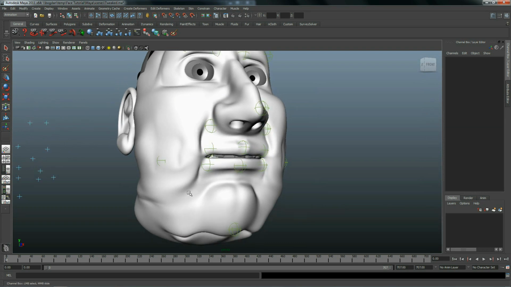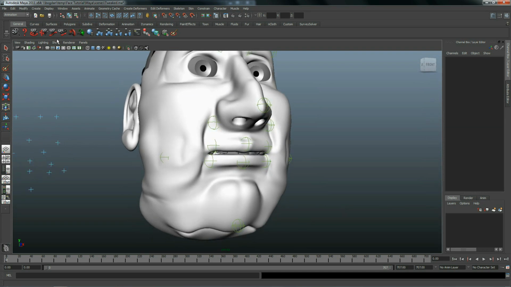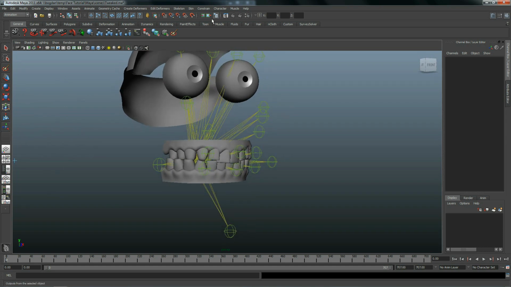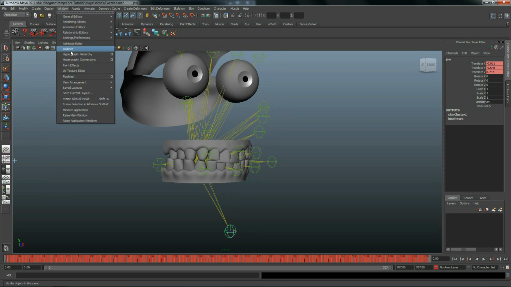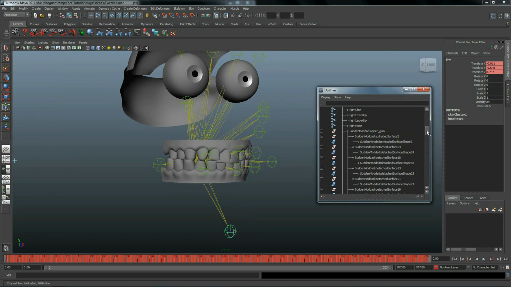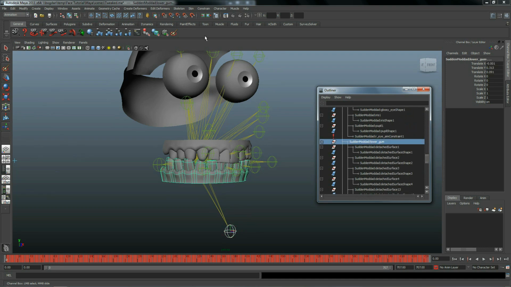Next step is to have the character's lower gum move in a more natural way. Select the jawbone and then the lower gum. Create a parent constraint.